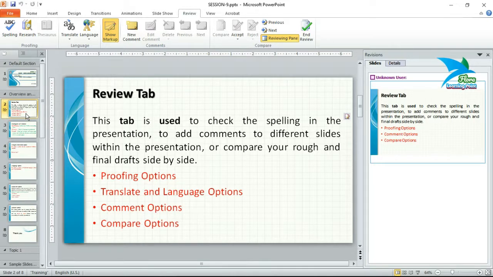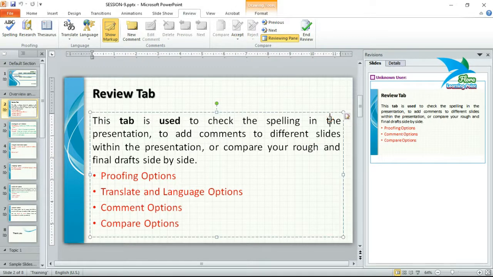So first of all, we are having two options: we can accept the changes or we can reject the changes.